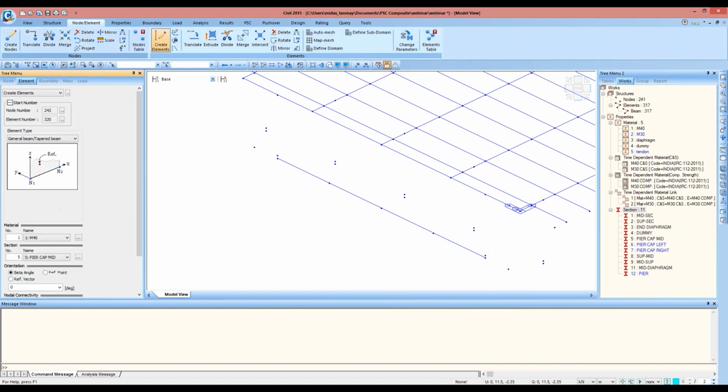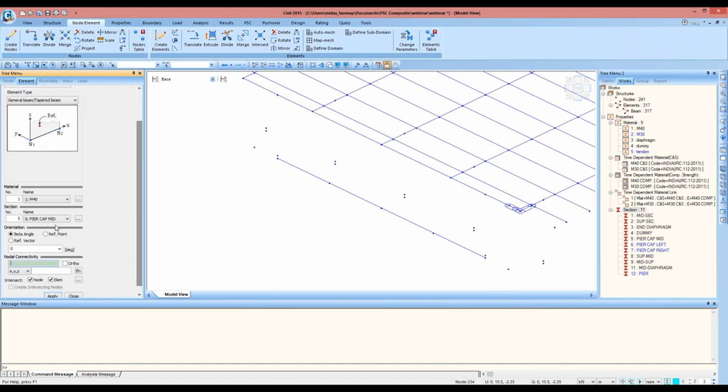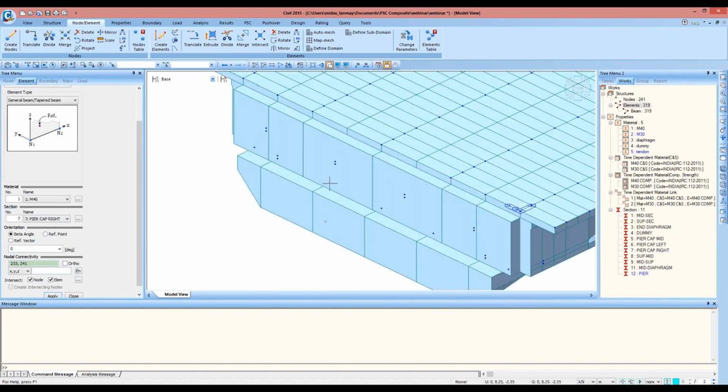And I'll create elements here for the pier cap left and the right section. So pier cap left section, nodal connectivity from here to here, and the pier cap right section with the nodal connectivity from here to here. So if we see in the 3D view, this is currently pier cap mid section.